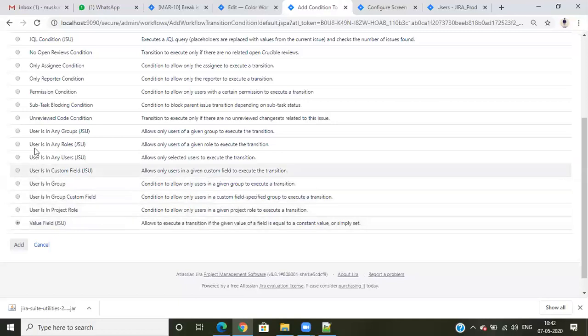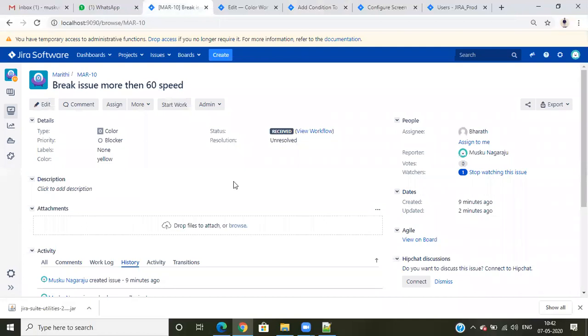And here the more important thing is the value field. The earlier options are completely related to users, such as reporter, assignee, group, roles, or persons. How will this value field be helpful? Suppose I have this Start Work transition, and I need to execute it only when the color is yellow.